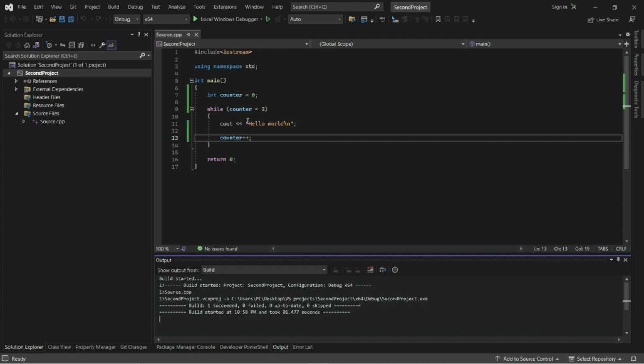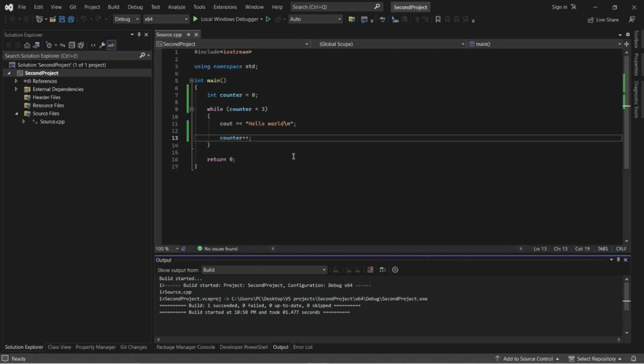Now counter is 1. It has value of 1. Again, 1 is less than 3, so condition is true, and again this block of code will be executed. It means hello world will be printed and counter variable will be incremented by 1.